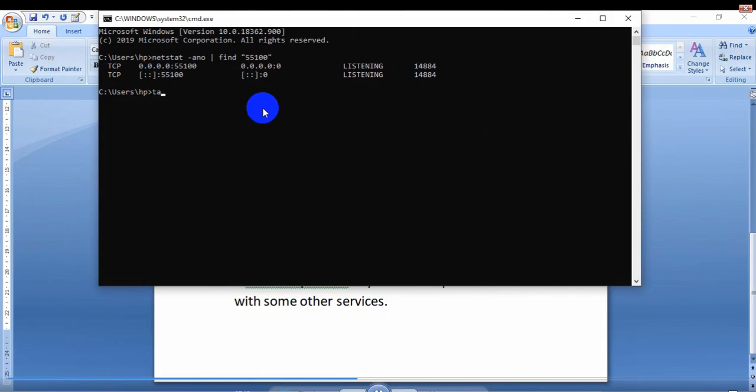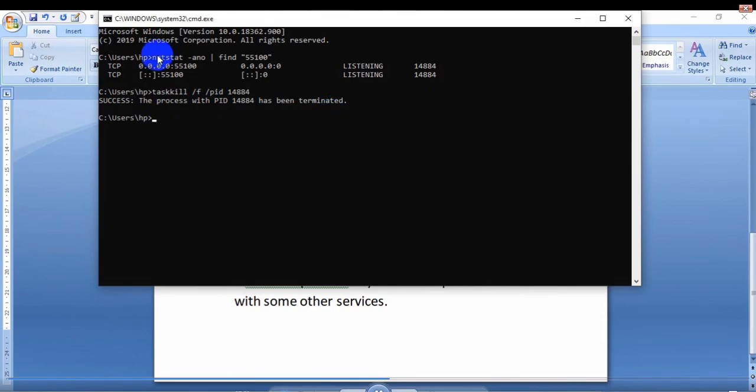I'm telling the spelling also: T-A-S-K, then K-I-L-L, space, then forward slash F, then space, then forward slash again, and write PID, called process ID, then space, and the service ID, 14884, which we want to kill. Do not write 55100 because it is a port number and not a service number. So I write 14884. Press enter. The message says the process with PID 14884 has been terminated.